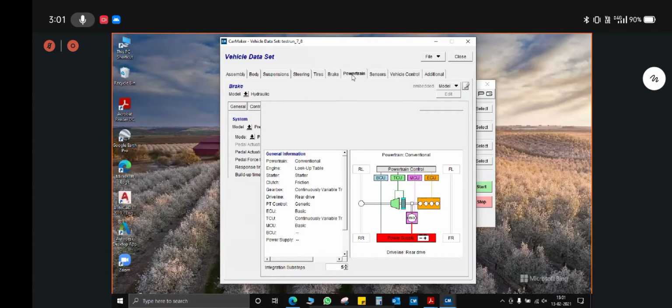Okay, now coming towards the powertrain part. As we have both teams in this seminar, the MBAHA teams and the EBAHA teams, we'll first take the MBAHA powertrain, and then we'll move towards the EBAHA powertrain.